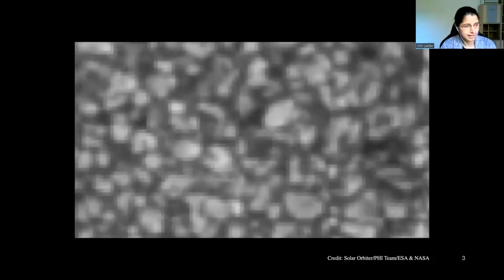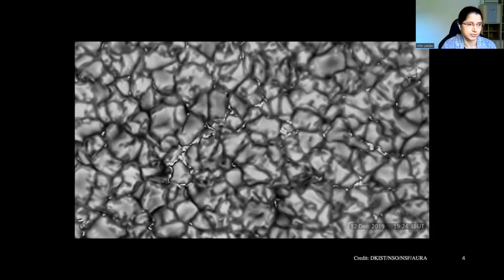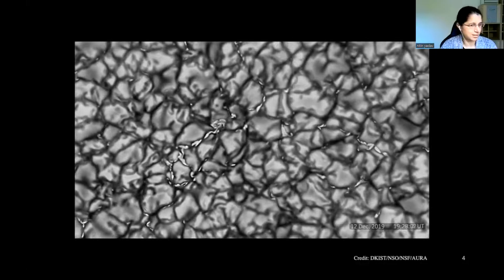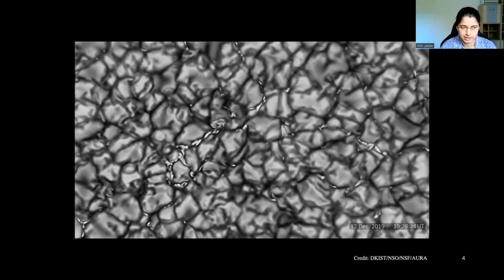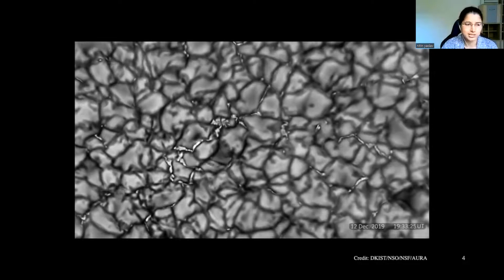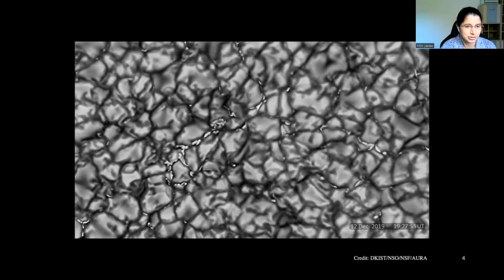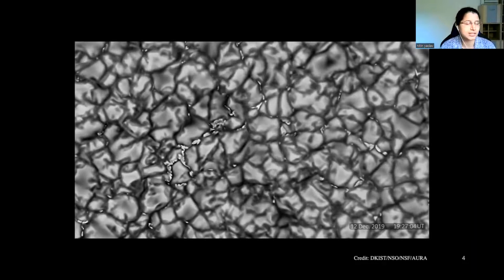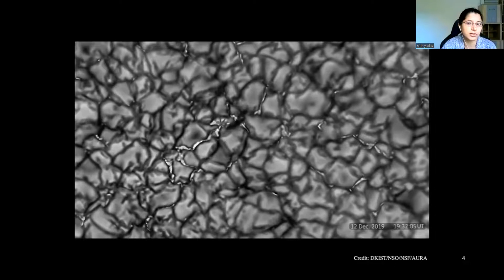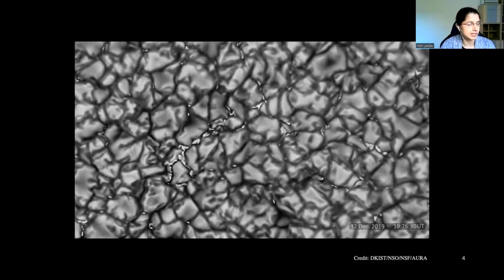Now, to see the plasma movement, we select a similar but even smaller quiet Sun region covering approximately 19 by 100 square. This is a movie produced by DKIST. This movie displays the highest resolution observations of the solar surface ever taken, and I'm pretty sure you must have seen it multiple times by now. It covers a period of 10 minutes, and it displays the turbulent boiling plasma gas that covers the